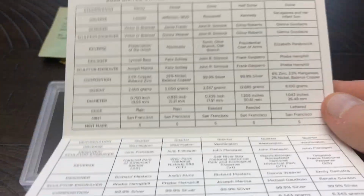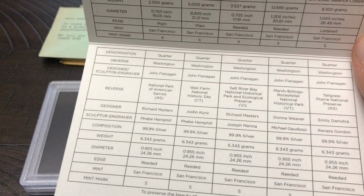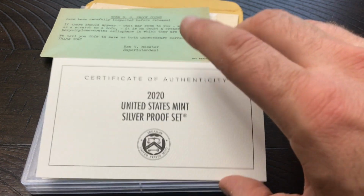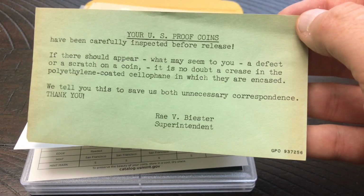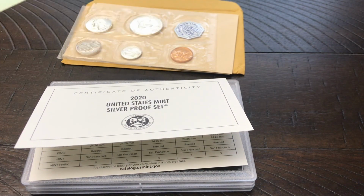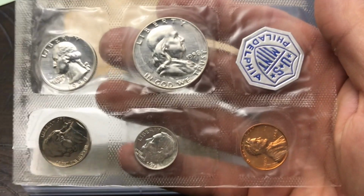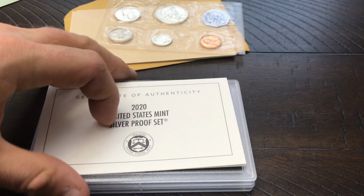And there we go with all your specs and everything. It gives you everything. So basically, you have a better certificate of authenticity. This is way nicer, and this is just kind of a piece of paper telling you don't call them. So really awesome. But I am definitely going to be going for this rather than going for these because